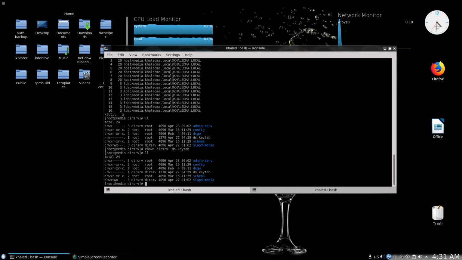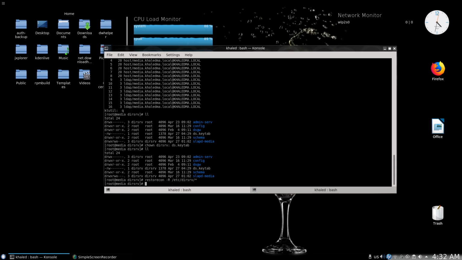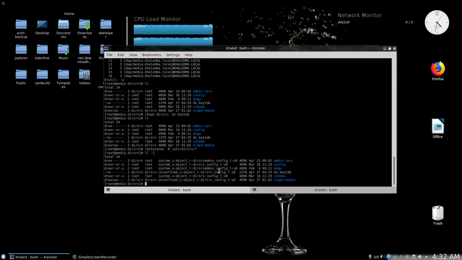If you have SELinux enabled on this machine, you have to restore the SELinux context recursively on the /etc/dirsrv. And to check, okay,